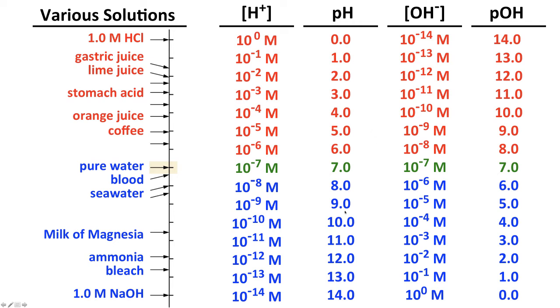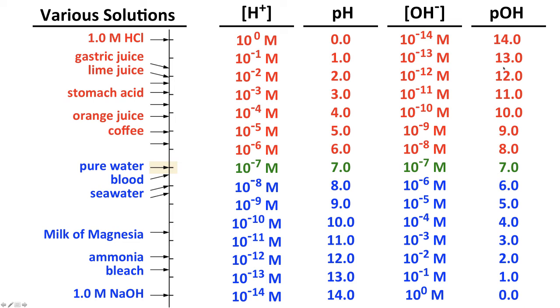pH is the negative log of the H plus concentration. So if the concentration is 10 to the minus 6 molar, pH is negative log of 10 to the minus 6, which is 6. And like with pH, we can also define something called pOH, which is the power of